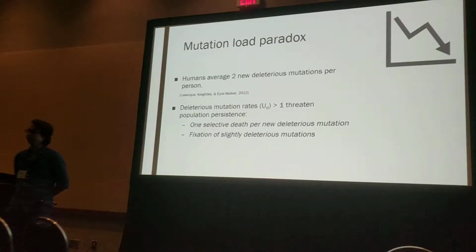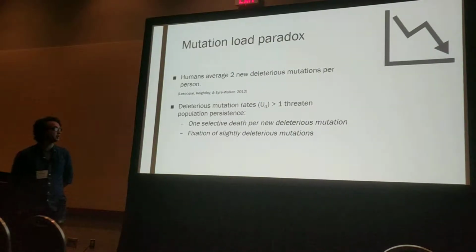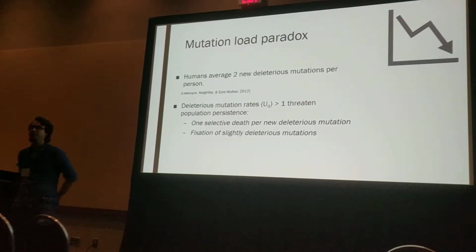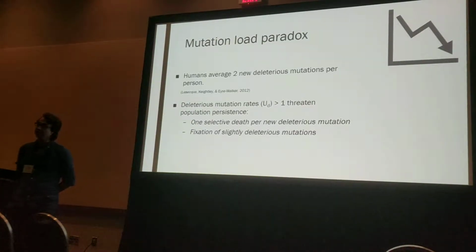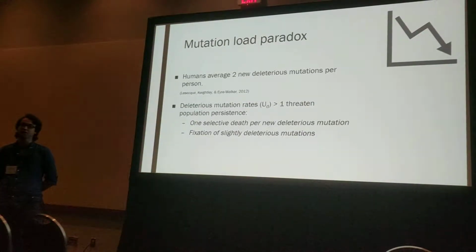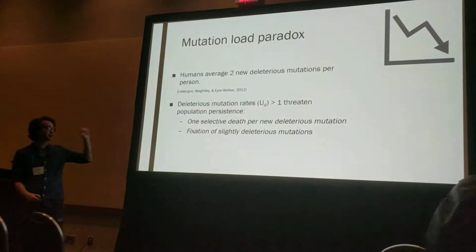most. This is really interesting because under a lot of standard population genetics theory, deleterious mutation rates genome-wide, so big U here, UD, larger than 1, should be presenting a pretty serious challenge to population persistence. There's a couple reasons for this. I'm not going to go into too much detail.